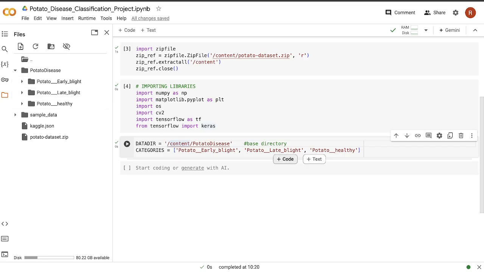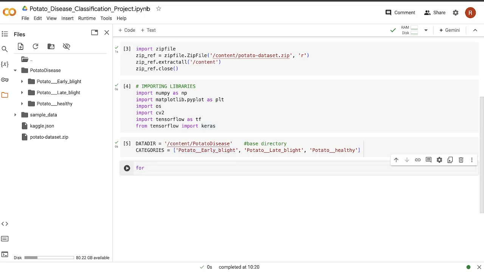Similarly, when it connects the late blight category to the base directory path, it will enter the late blight folder. So this is how you join the path and create the path for the image. For that, we'll say for category in